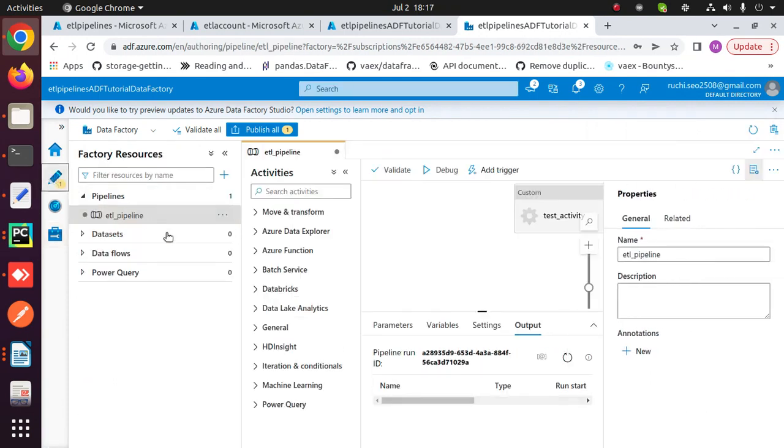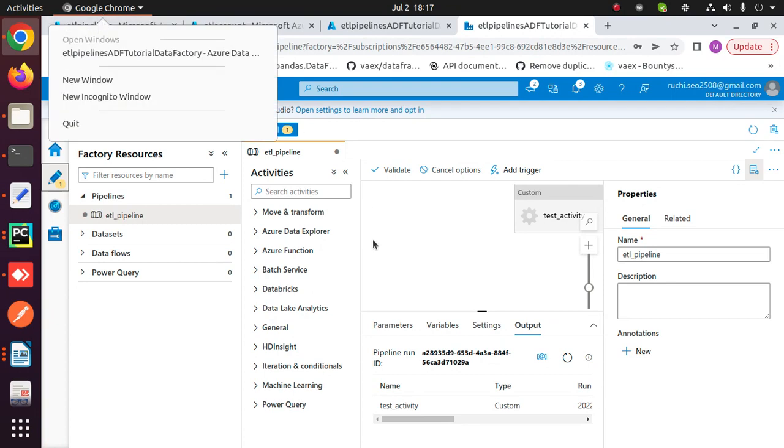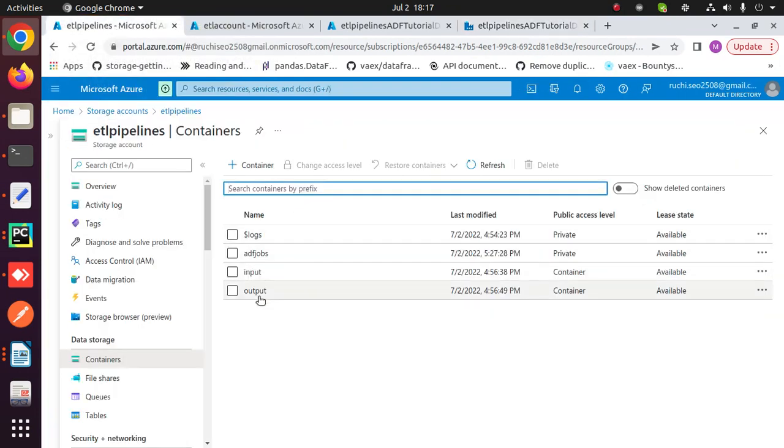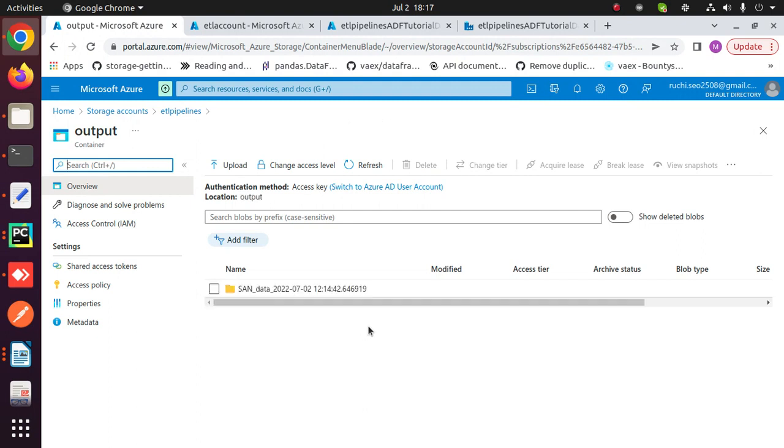This pipeline loads all the required data like script, input file and model from the input container of your storage account, and after a successful run stores output files in the output container. As you can see here,